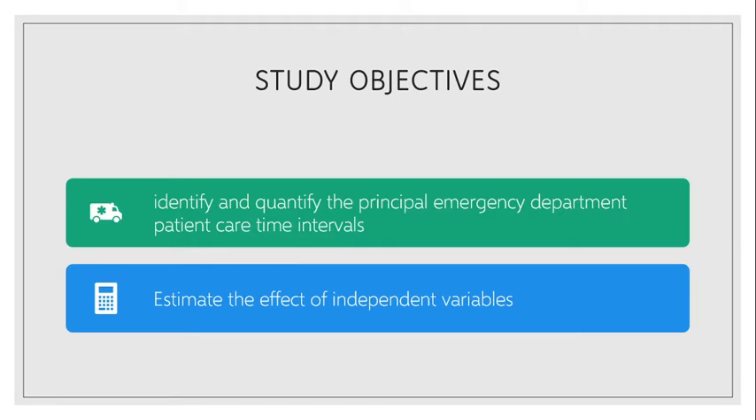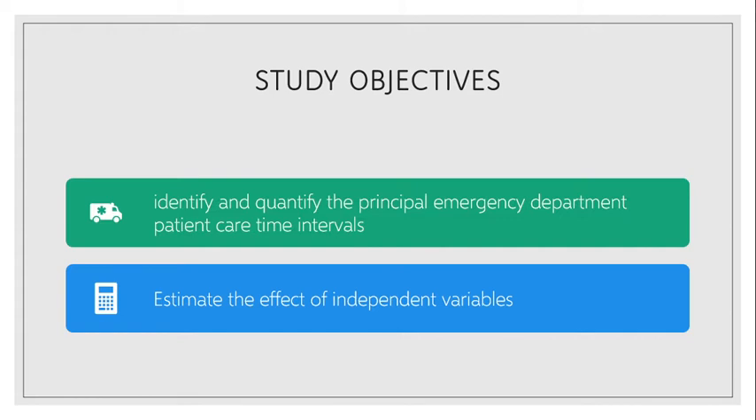Length of stay is a key measure of emergency department and is also an indicator of overcrowding. Time studies that analyze emergency department processes will help us to clarify the causes of patient care delays and prolonged length of stays. And the objectives of this study are to identify and quantify the principal emergency department care time intervals and to measure the impact of important service processes such as laboratory testing, registration, and so on for patients